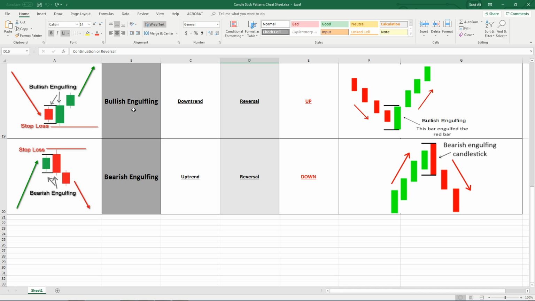Okay, so this pattern is called bullish engulfing. Again, bull means to buy or upwards movement. This bullish engulfing is formed during a downtrend. So price was coming down, down, down, down, down. This is a reversal pattern. The next move is up. So what is a bullish engulfing? See how